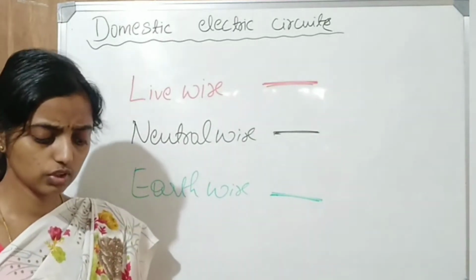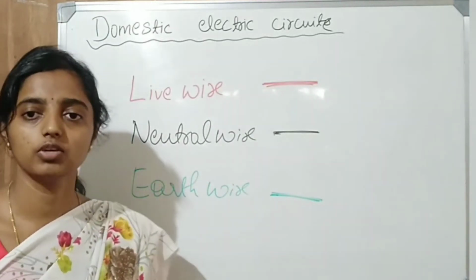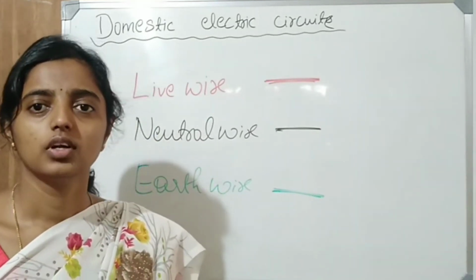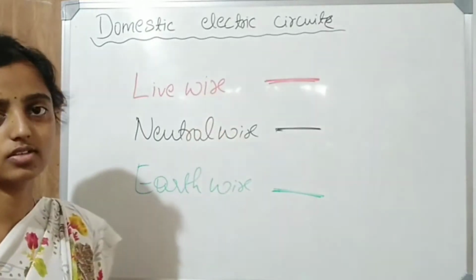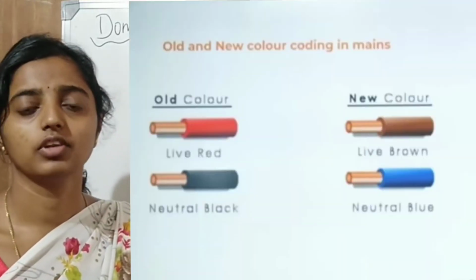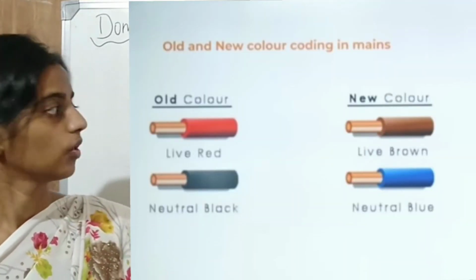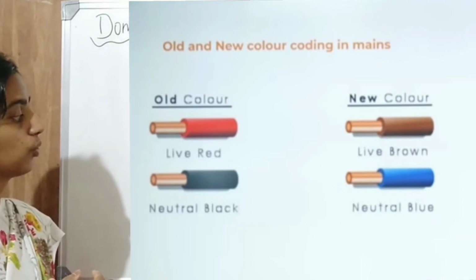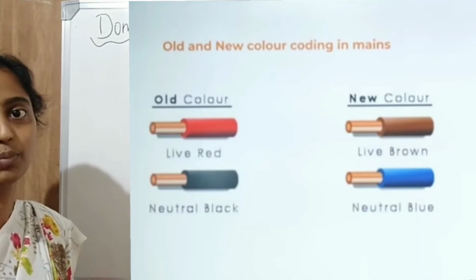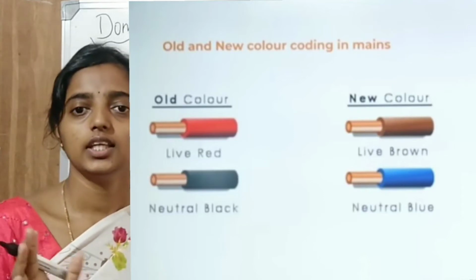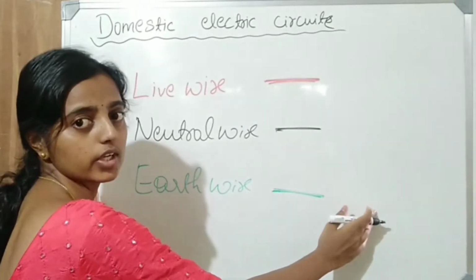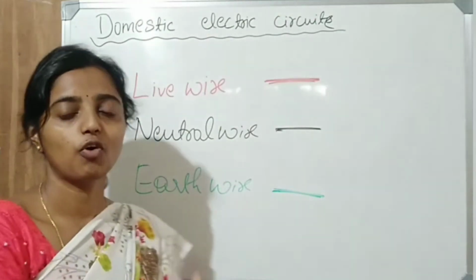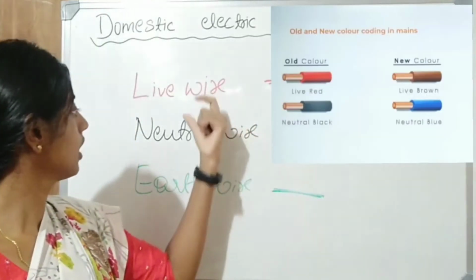This is what is given in the textbook, and this is what we used to observe in those wires. But we can observe a different color coding for these wires, that is brown, and they use blue color and all. As shown in the diagram, observe the new version of color for live and neutral wire: blue and brown, right? But make sure in the textbook they give only the first color coding. So if they ask, you should write only this one: live, neutral, earth. If you want, you can write both under live wire and neutral wire.